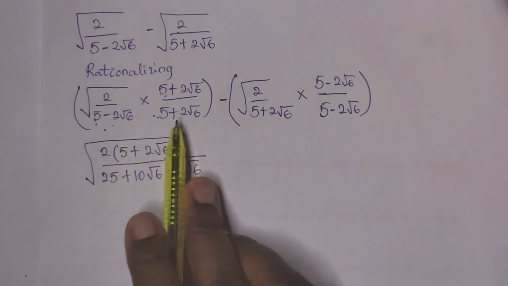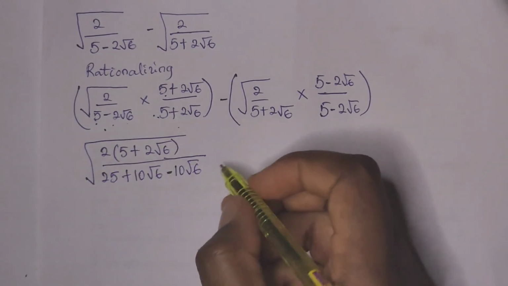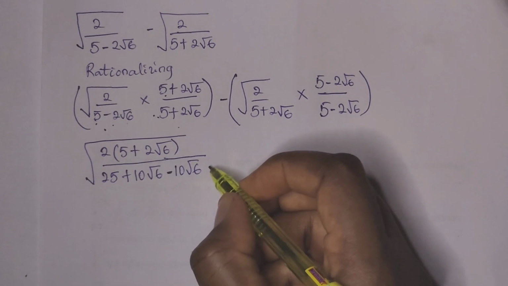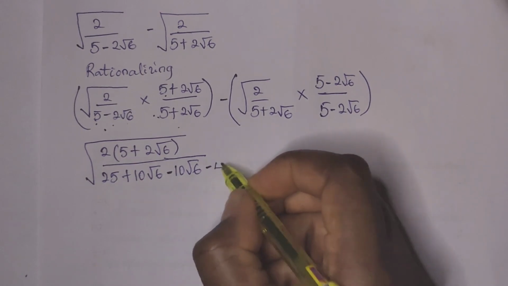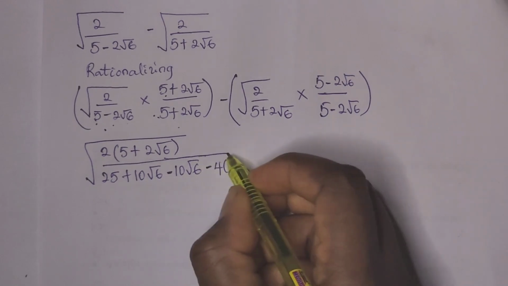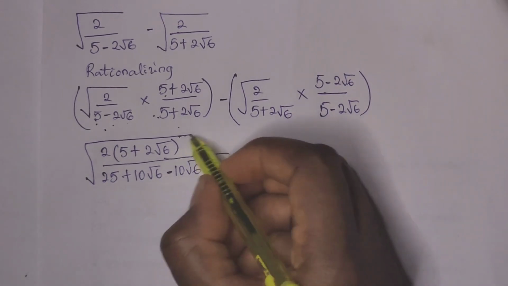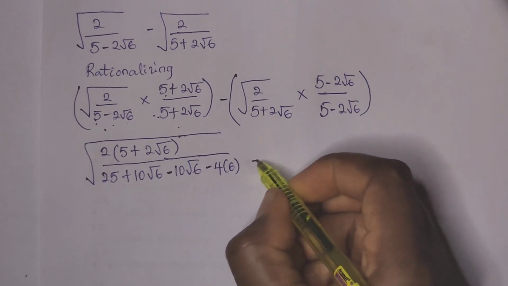Minus 2 root 6 times 2 root 6 gives us minus 4 times 6. So this one is the square root, minus